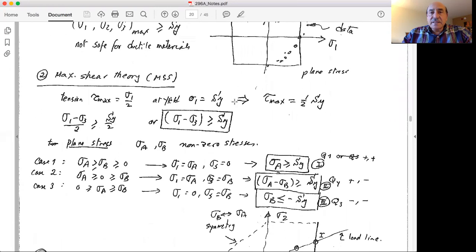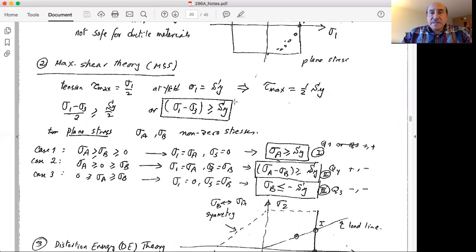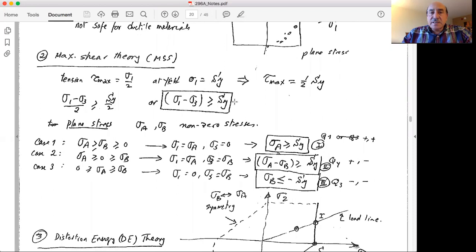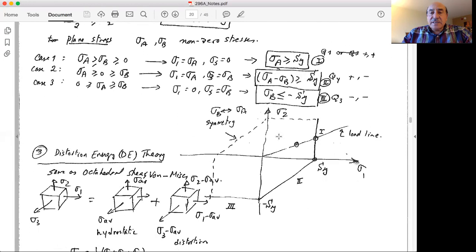And then the second theory that we discussed is the maximum shear theory. In this theory, we have to find the maximum shear, and the maximum shear is typically the difference between the largest and the smallest principal stress divided by 2, because this is the radius of the Mohr circle. And in this case, we get the Tresca